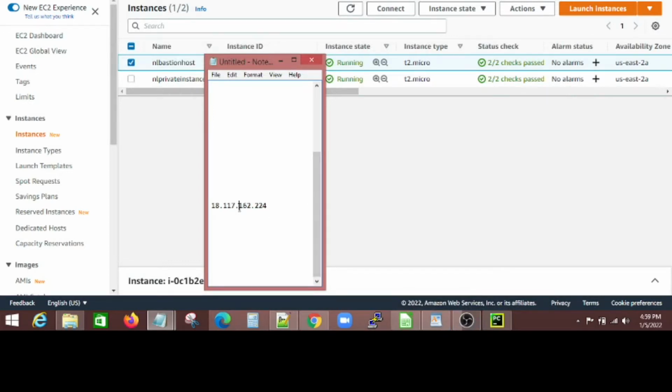This is my public IP address for the Bastion host. Both are in running state. Once I stop this Bastion host, this public IP address will be gone, and every time you start, you get a new IP address. But if you don't want your IP address to change,